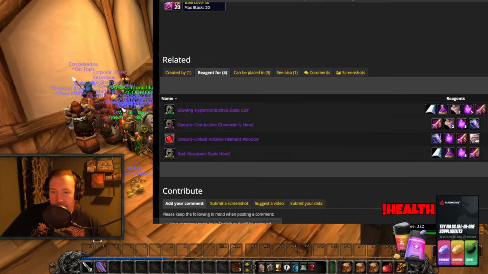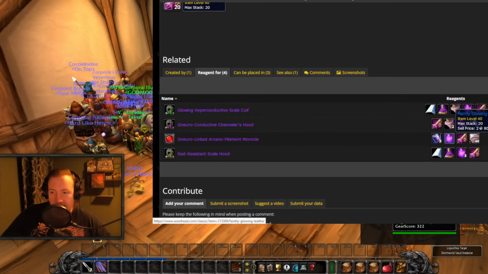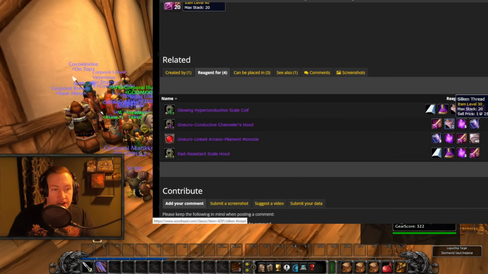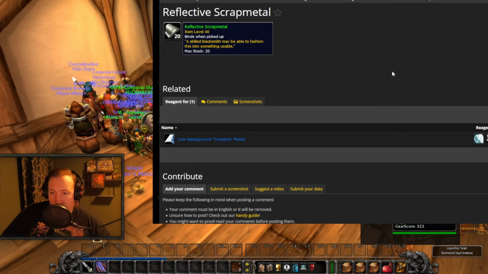And you can also see that every single epic also needs the faintly glowing leather, even the tailoring one. So they're really focusing on the whole kind of cooperation between professions, which I'm personally really happy about. We have the reflective scrap metal. You can see what that's a reagent for right here, and you can see we need a bunch of true